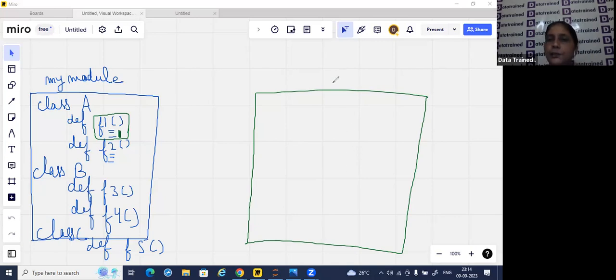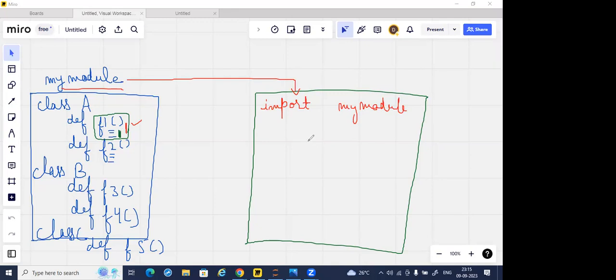What I will do, instead of rewriting the code, I will say, already I had written the F1 code with the entire 20 lines. Why not reuse it? I want to reutilize it. So simply what I will do, I will just call this module here, so that I can reuse this. How? I will use a keyword here, import. Import my module. This I'm going to reuse here. Once I'm using this, the import keyword will call all the classes